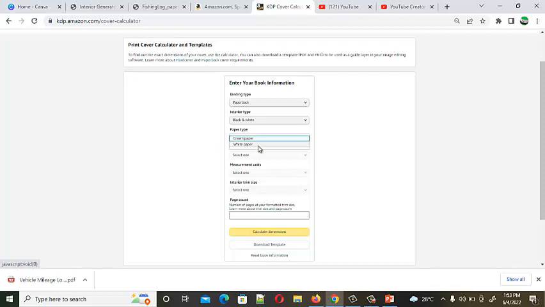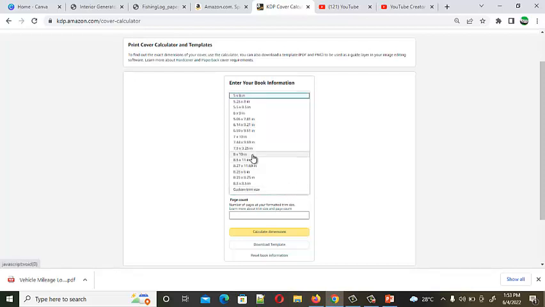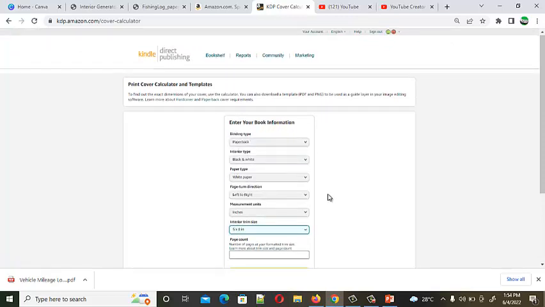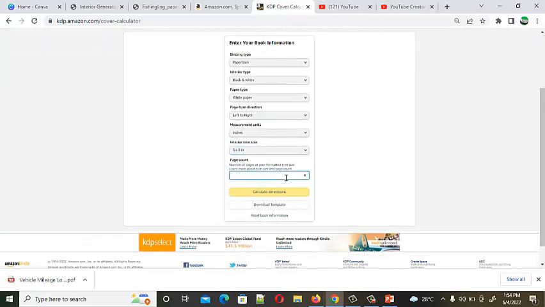black or white. Then you select the direction. The direction is left to right, and you select inches. Then for the interior, remember we use 5 by 8, so you select 5 by 8. After 5 by 8, you enter the page count, which is going to be 120. Then you